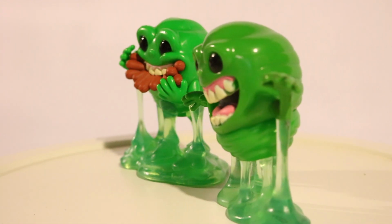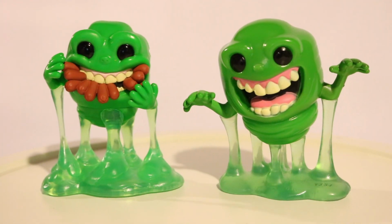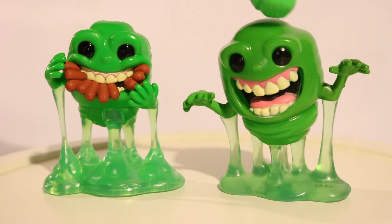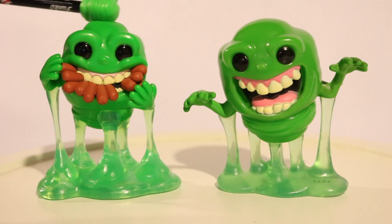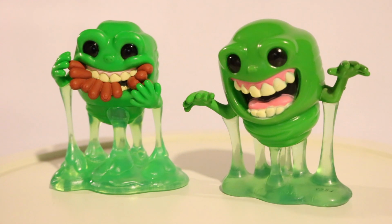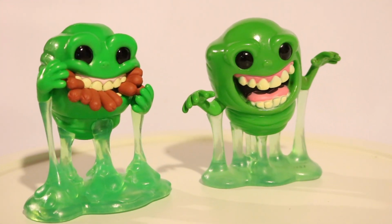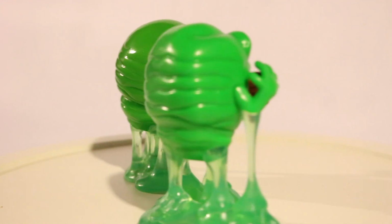Except for this episode of the Kaz, and my first comparison, oh, there's one other difference I'm noticing, is that this Slimer, 30, has more of a rounder top of his head, whereas 35 has more of a flat top, not so round like this one is, but more flat on top. But like I said, not a bad thing, just something different. It's a different mold, different plastic, different artistic rendition of Slimer. I like how